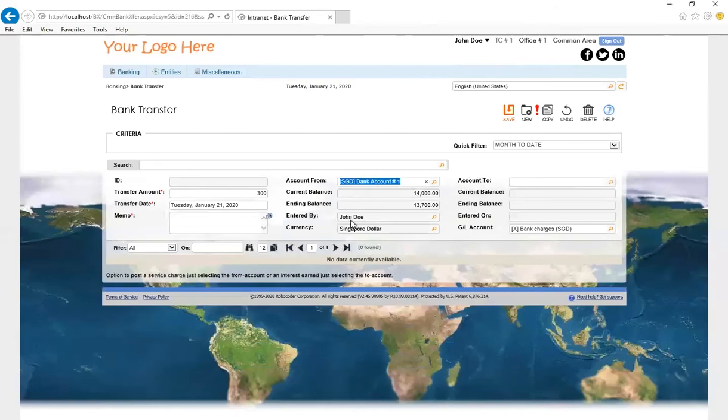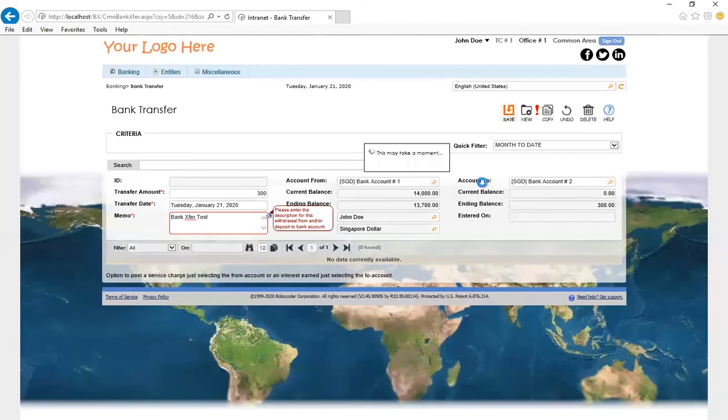So if you select just one bank account, you can create a transaction like a bank charge for this bank account. But since we are doing a transfer, let's choose this one as well. So you want to move it to bank account 2. So it's saying the current balance, ending balance, and you will click on save. Oh, it just wants a memo. So, all right. So now that we have done that,